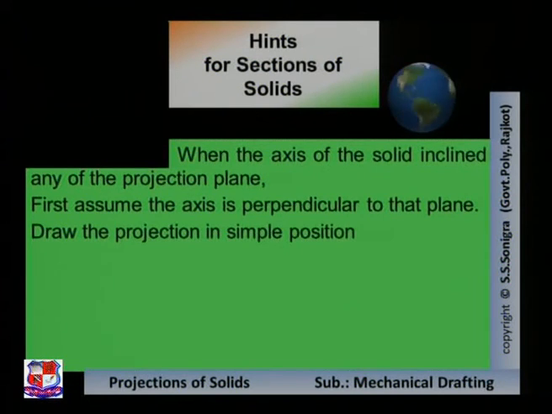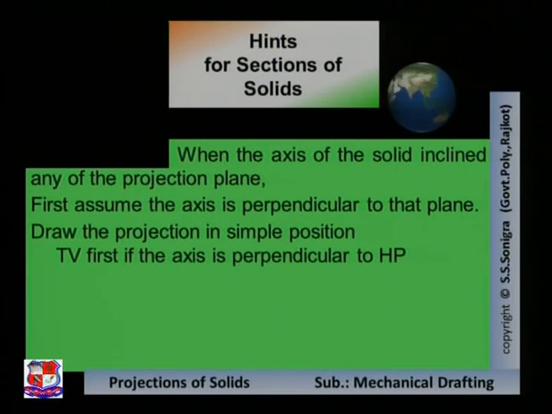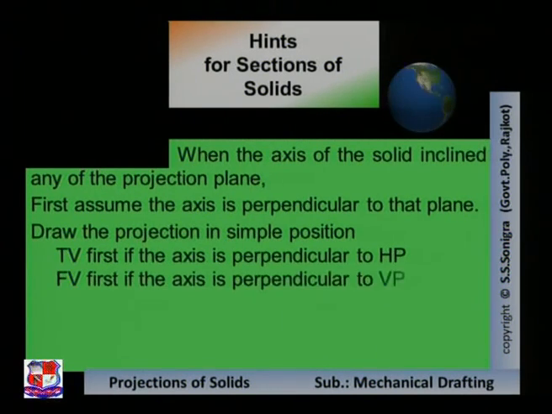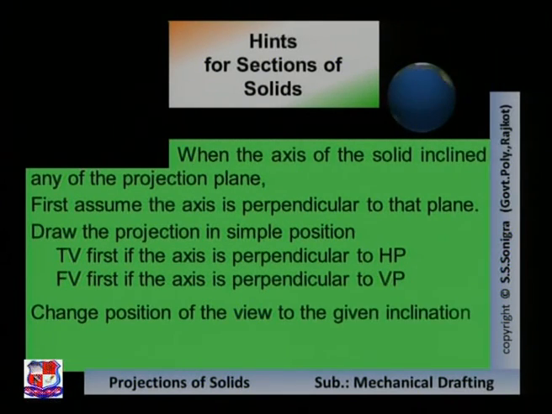Then draw the projection in simple position, either front view or top view depending upon the given plane. If the angle with HP is given, draw the top view. If the angle with VP is given, draw the front view first. Then top view first if the axis is perpendicular to HP, and front view if the axis is perpendicular to VP. Then change the position of the view to the given inclination. Tilt the front view if the axis is inclined to HP, and tilt